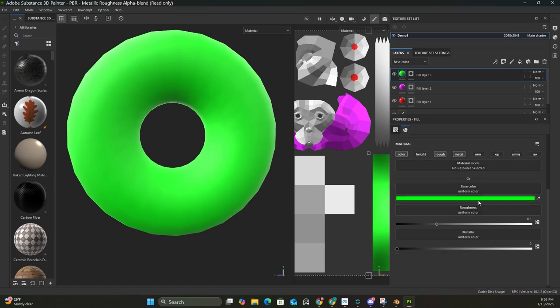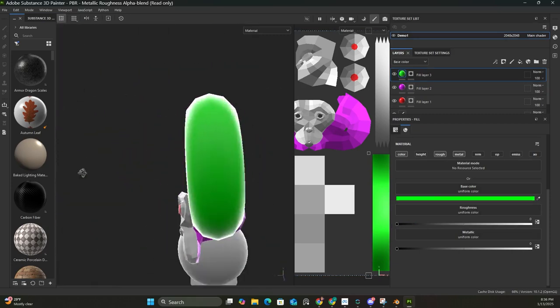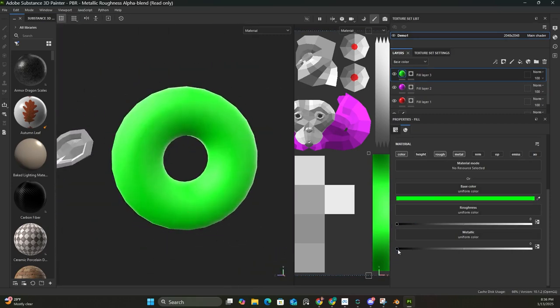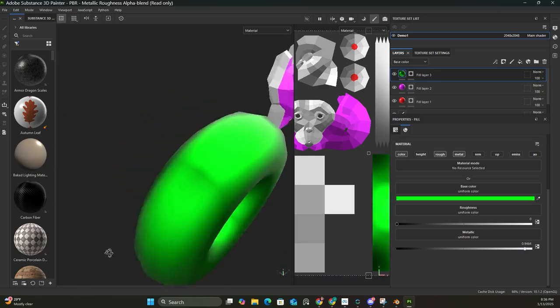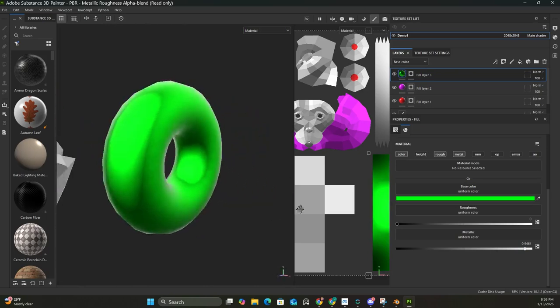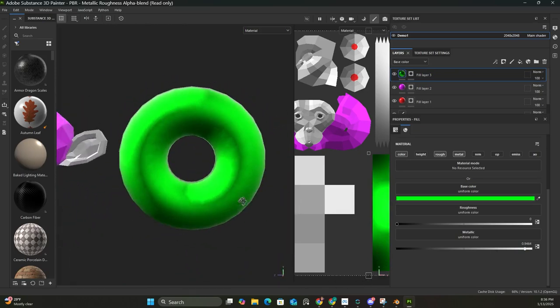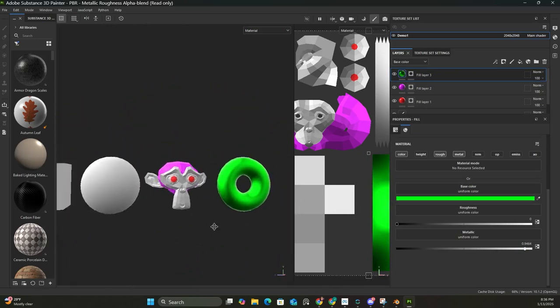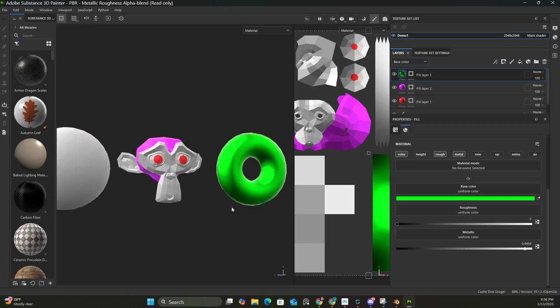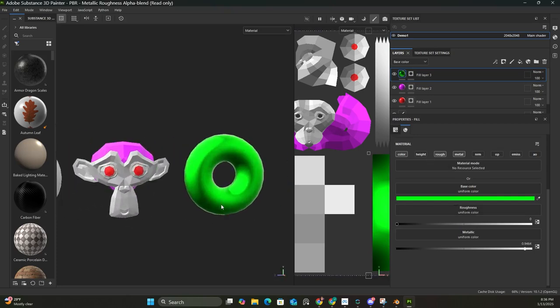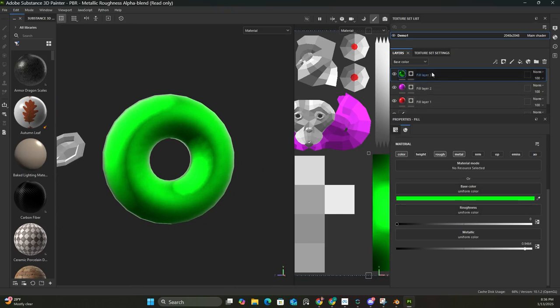Emissive, no. And AO, no. So now let's see what happens when I bring this slider down. So now I have a shiny Taurus. If I bring this metallic slider up, now I have a metallic, super duper metallic Taurus. All right, cool. Now let's see what happens when we add